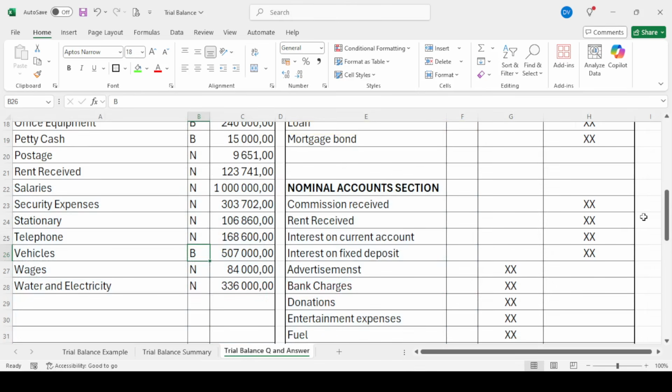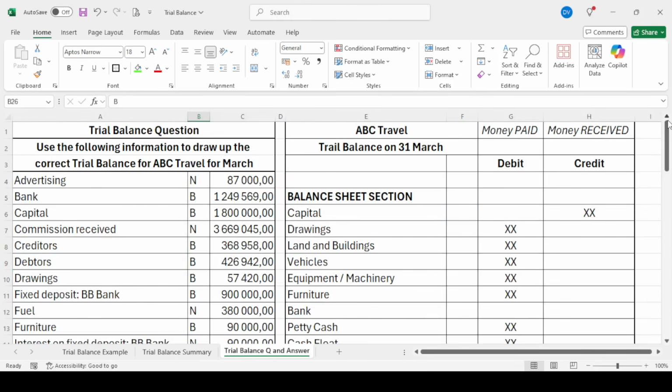So what you've done now is you've taken your pencil, you've made a little note next to the account or the total to indicate to yourself, is it an N account or is it a B account? And from here, it's much easier now to insert it onto your correct trial balance. But can you see, guys, how important it is for you to know the format of the trial balance? Because you have to know which one is balance sheet and which one is nominal. And where does it go? The only way for you to know that is to learn it.